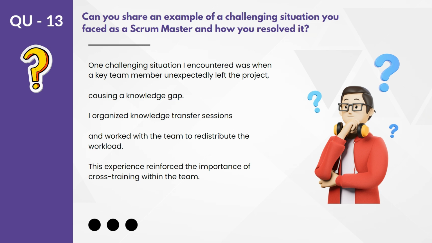So better you have the proper plan, you have the proper backup in advance, take proactive steps, and in parallel, if possible, run the KT sessions in advance itself. You don't have to know who is going to resign or who will not be part of the team. You prepare for the worst and take proactive steps, and make sure that you have a backup for each of the skills used in the Scrum. So this is one example which you can use and talk about very nicely